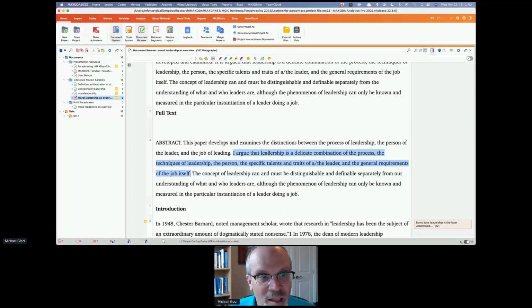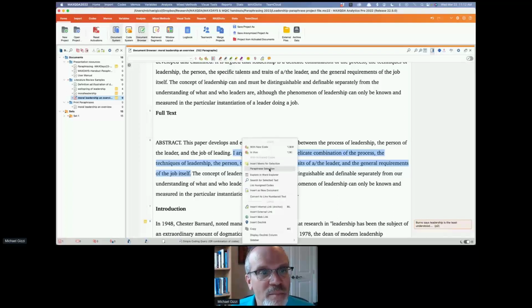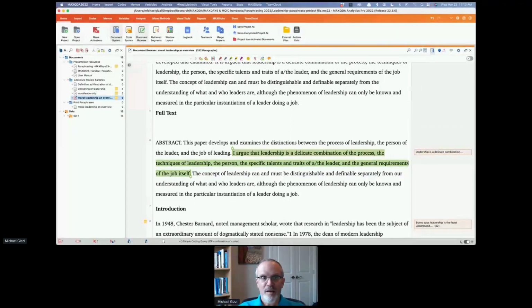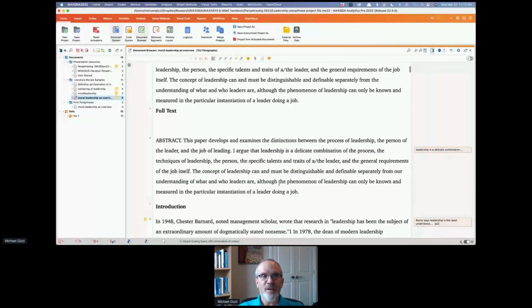On the fly, I can just right click, paraphrase selection, and I'm not going to continue to write, and click paraphrase. The difference is when you're doing that on the fly like that, you are not locked in paraphrase mode. So anytime you want to paraphrase, you would have to select it.